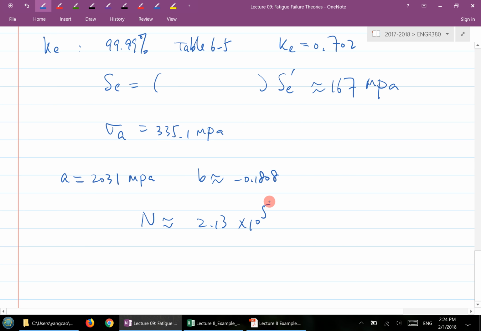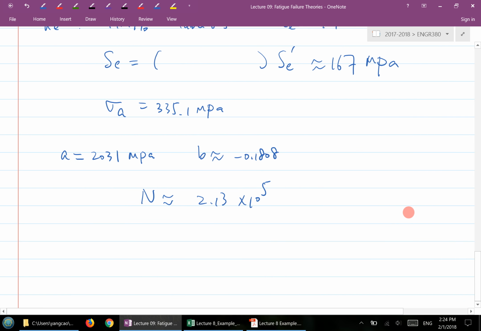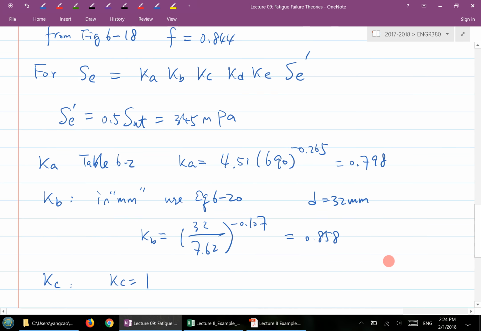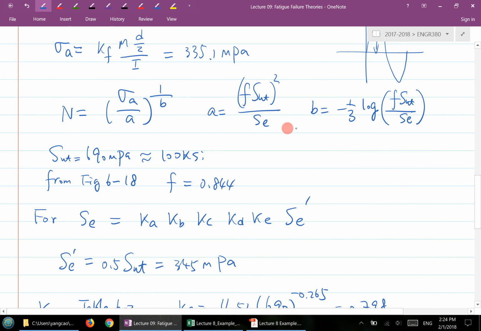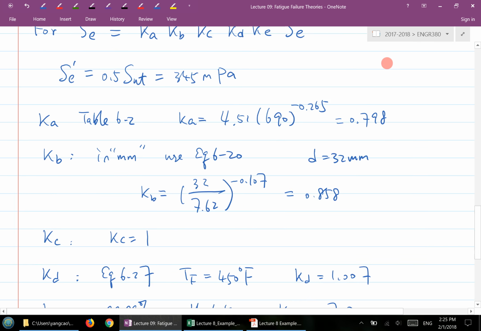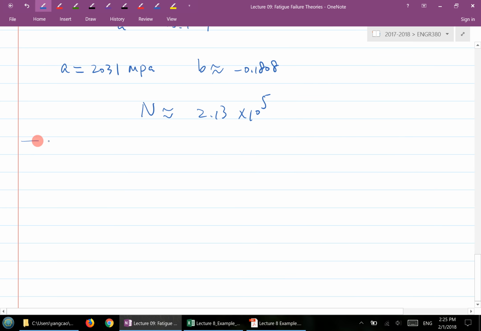So this is a complete example, basically from a simple loading condition to finding all of these Marin factors, and then doing an estimation of the number of cycles. As I mentioned in the previous lecture, when you do the calculation, just be very careful in terms of the calculation you're doing with your calculator. Sometimes I see students having trouble finding a value using a calculator for the log. I also wanted to emphasize for now,